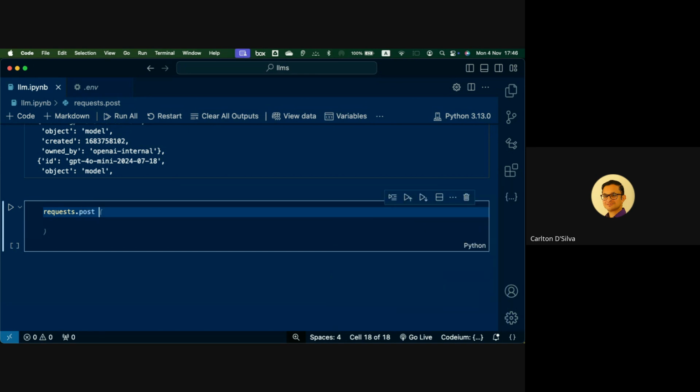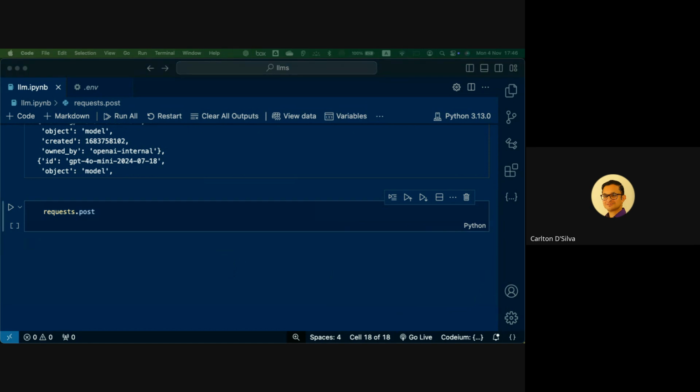Okay. So typically, if you remember the endpoints from the documentation, let me pull that up here real quick so you can see it again.